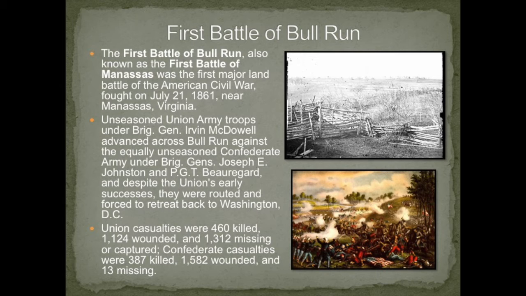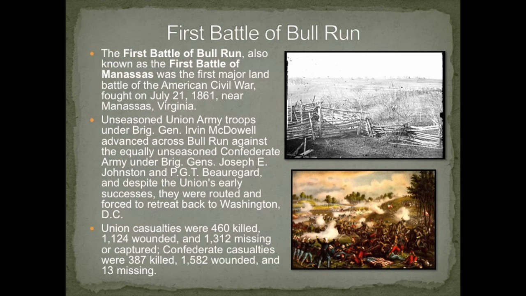Union forces would often name battles after a local geographical focal point, such as Bull Run Creek, where the Confederacy would name battles after a local town, such as Manassas, Virginia. Unseasoned Army troops led by Brigadier General Irvin McDowell advanced across the Bull Run Creek towards equally unseasoned Confederate Army under the Generals Joseph E. Johnston and P.T. Beauregard. And despite the Union Army's early success, they were routed and forced to retreat back to